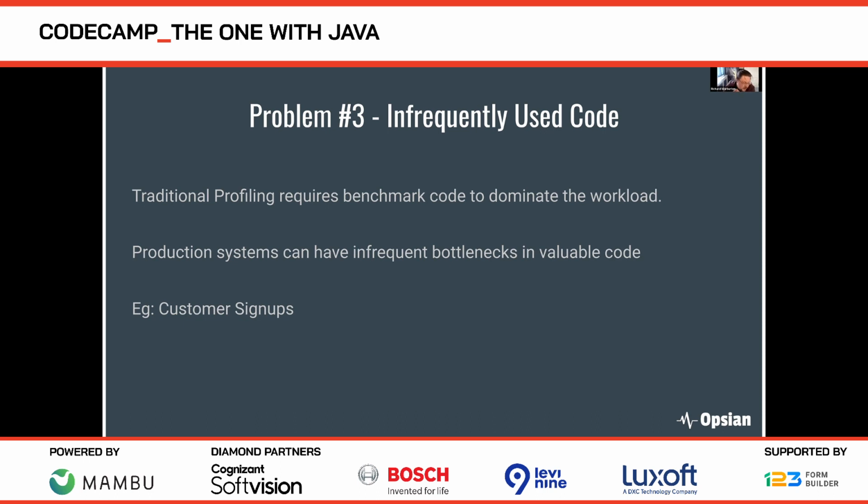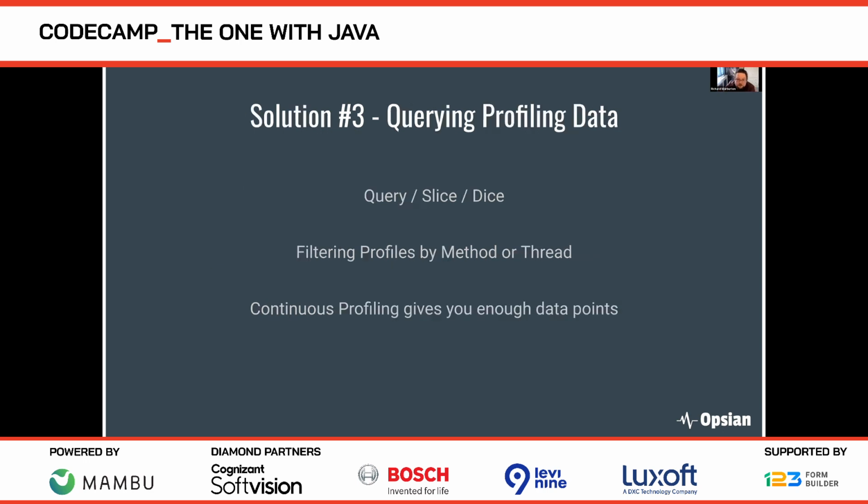A classic example of this is customer signups. Now, you want your sign-up process flow for customers to be smooth. You don't want to lose customers at that stage, and you want it to be fast as well. You don't want to have people sitting around and waiting. They will just browse to your competitors' websites. But customer signups are often not that much of the actual traffic on a website. They're a critical point, but often it's more about using the website rather than the sign-up process.